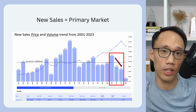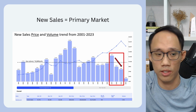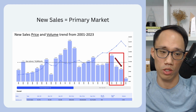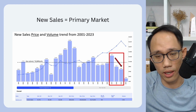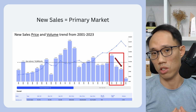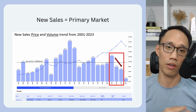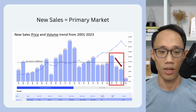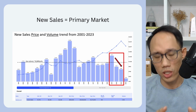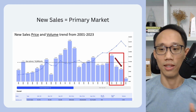Okay, this chart over here represents the new sales for the last 20 odd years since 2001. Why did I use the new sales figure firstly? It's because, as compared to the resale market, the new sale is always the primary leading market, where developers, when they sell units, it's just a cost of business. It's a very focused, very controlled environment whereby it's objective and they have to react fast and sensibly to the